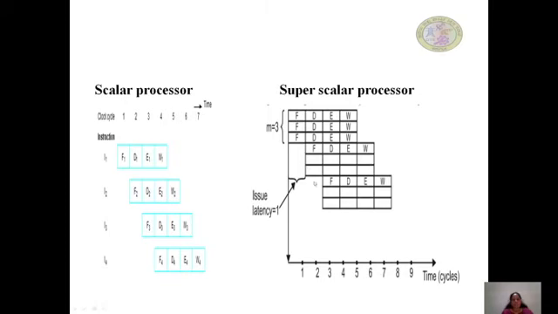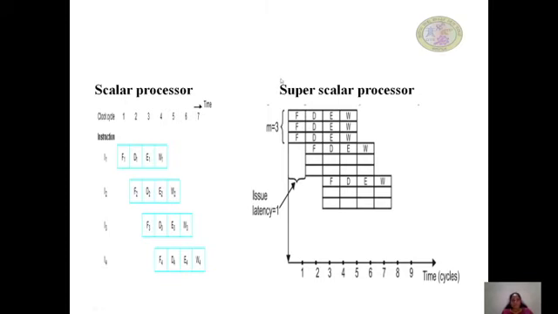In the second set, once the fetch phase has been done, it will go for the decode phase. When it enters the decode phase, we can start executing another set of instructions, that is, we can start execution of instructions 7, 8, and 9. So 7, 8, 9 will be in the fetch phase. At the same time, instructions 4, 5, 6 will be in the decode stage, and instructions 1, 2, 3 will be in the execute phase. Like that, the superscalar processor can execute the instructions in fewer clock cycles compared